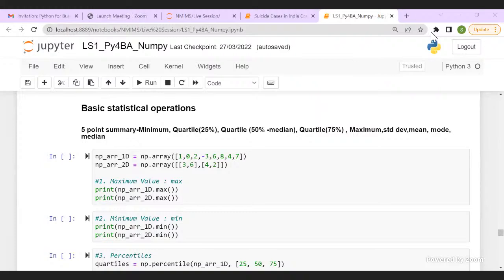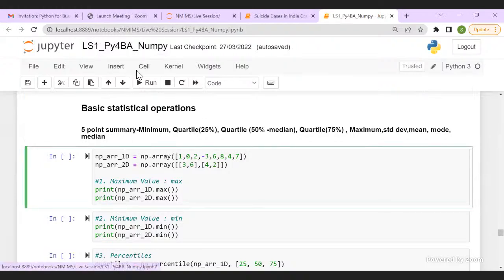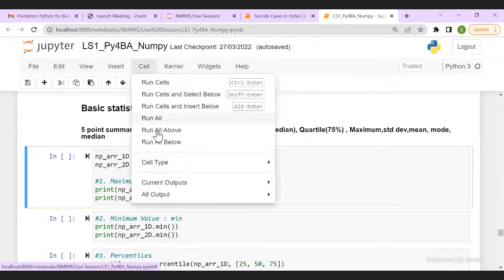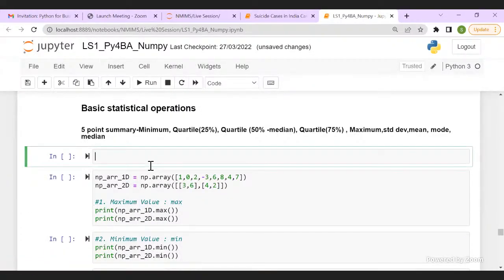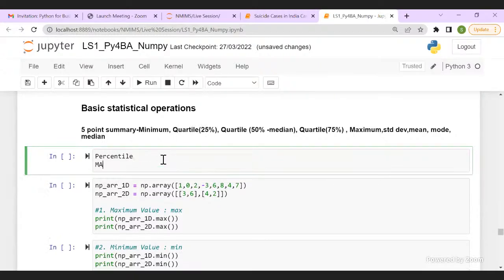So let me explain what a quartile is. How many of you have given entrance exams? Right, you have given entrance exams. In some of the entrance exams, the score is referred to as percentile. So I'm coming to quartile, but I'll start with percentile. The person who has scored maximum is at 100 percentile.